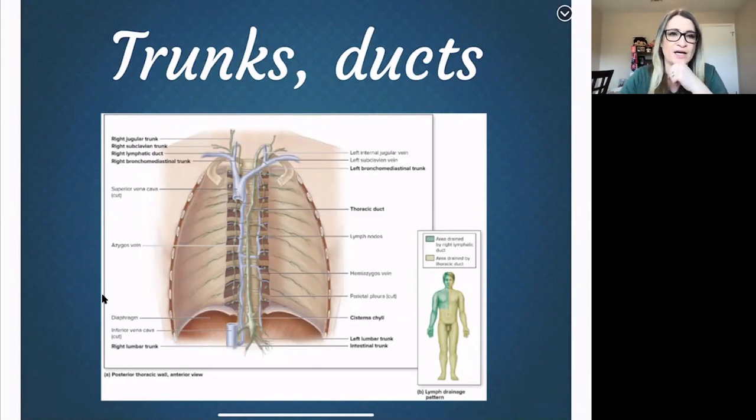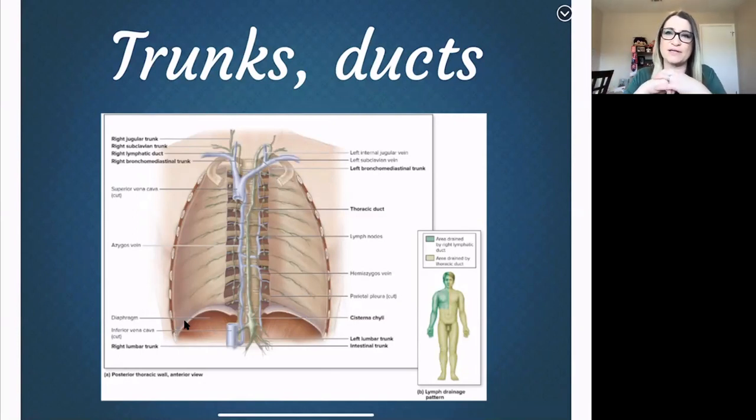vein. The cisterna chyli is an enlarged area at the base of the thoracic duct, and cisterna is like for cisterns, so it's like a container, right? And chyli has to do with the fact that it is rich in lipids, because the cisterna chyli is going to receive lymph from your intestines, and these are going to